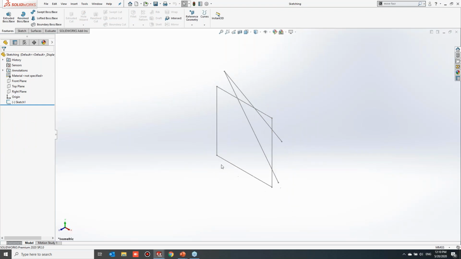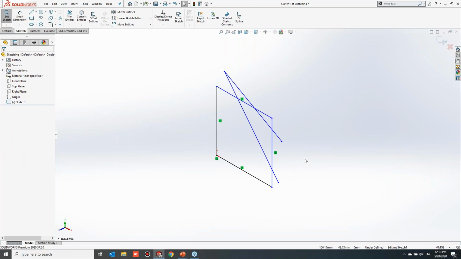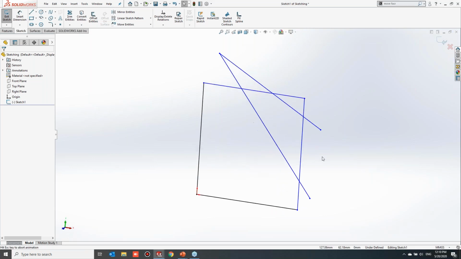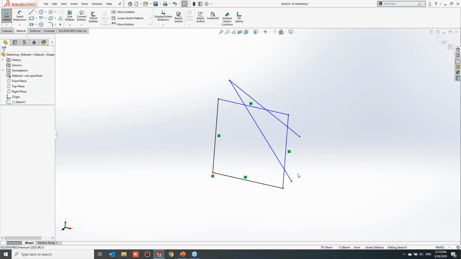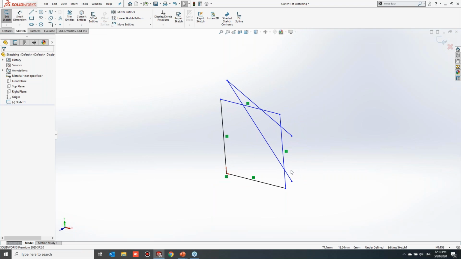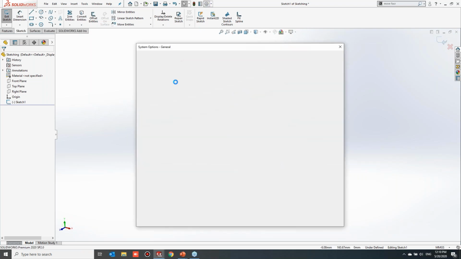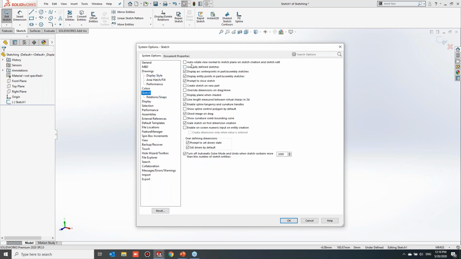Okay. In SolidWorks, whenever we are editing a sketch or creating a new sketch, usually what we will do, we will select space bar and we will select the normal to option, or else we will use the shortcut Control 8 in order to bring our sketch plane to normal view. In SolidWorks, we are having one setting. So options, system options, in sketch, auto rotate view. We can use this option, auto rotate view.